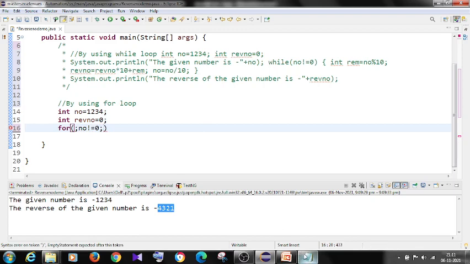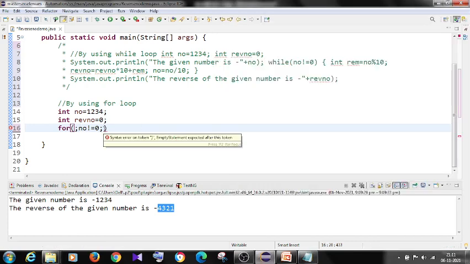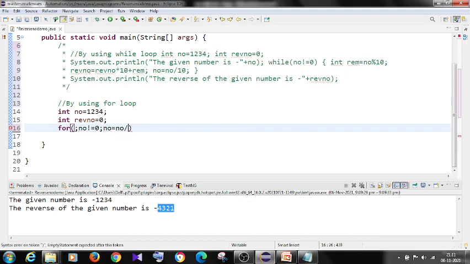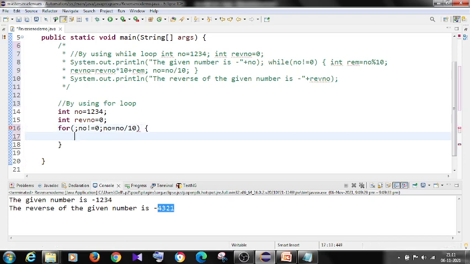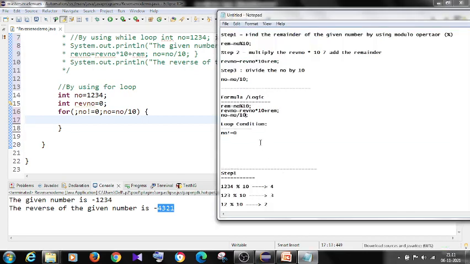Then what am I doing here? This one I need to place here. So this logic I need to implement. What is the formula I have to use? Okay.